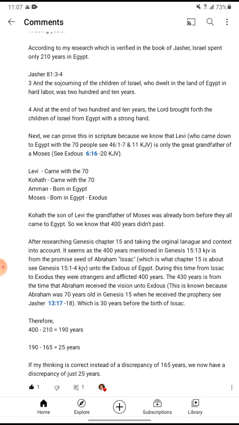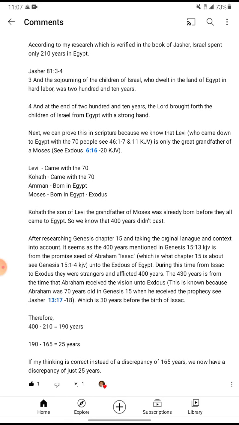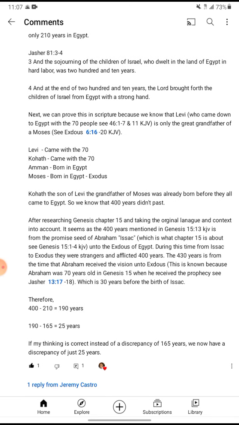And then he shares his research and how he verified that Israel had spent 210 years in Egypt, according to his reading of Jasher, and his comparison of what we find in the account of Exodus and the book of Genesis. And then he concludes saying that